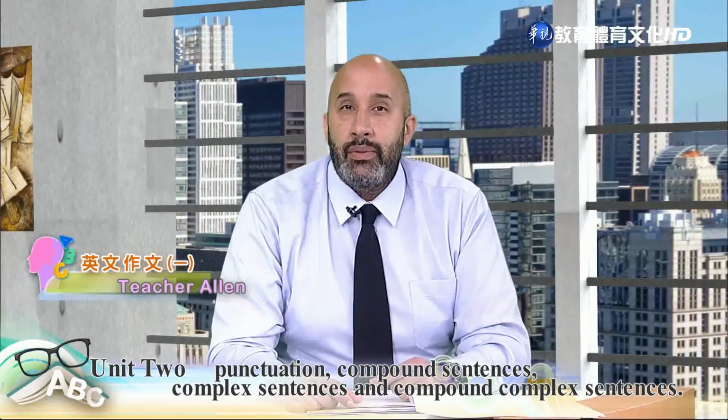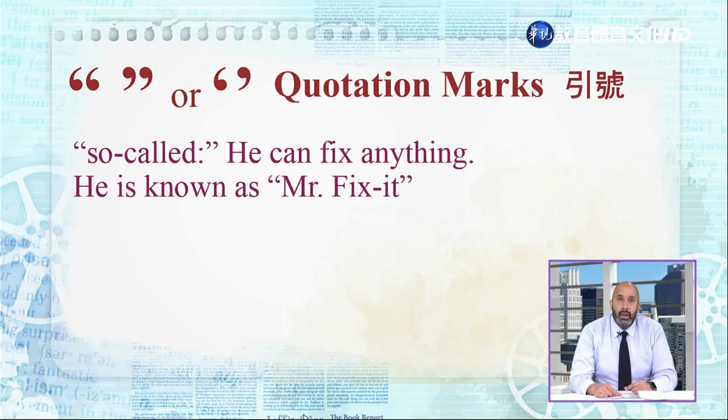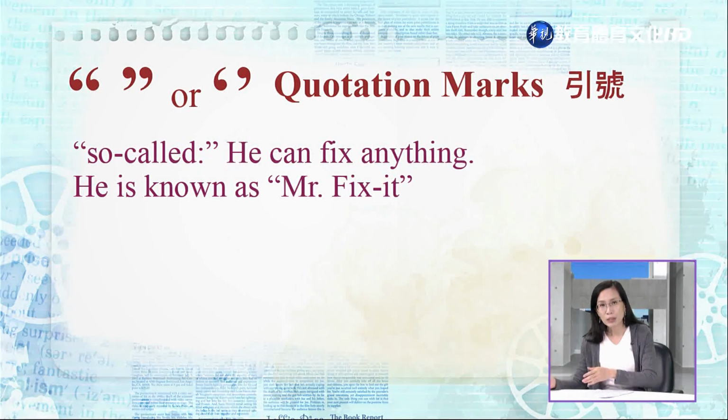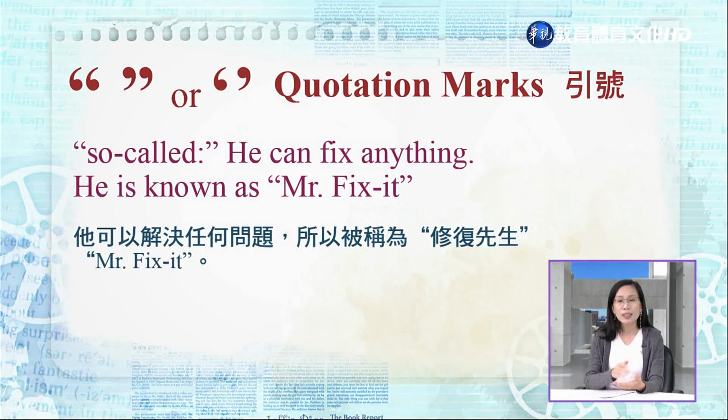Okay, so an example of the so-called. He can fix anything. He is known as "Mr. Fix-It" around here. 那接下来我们要教的叫所谓的,就是我们说的 so-called,这个是表示说,就是所谓的什么什么什么什么。那我们举个例子,就是它可以解决任何问题,所以它就被称为什么呢?修复先生。那这个 Mr. Fix-It 就是用引号把它引起来,表示说这是所谓的可以修复东西的人。